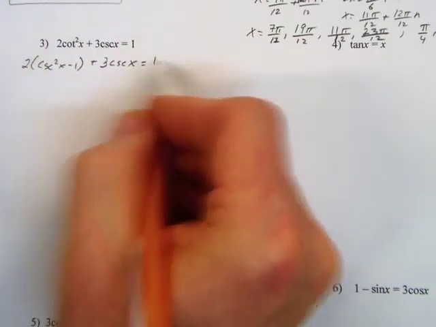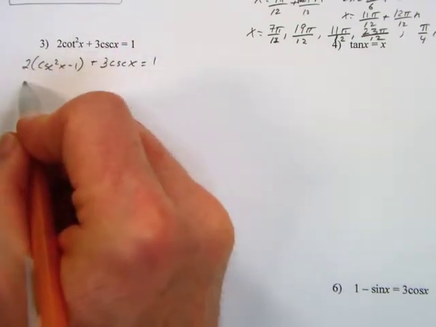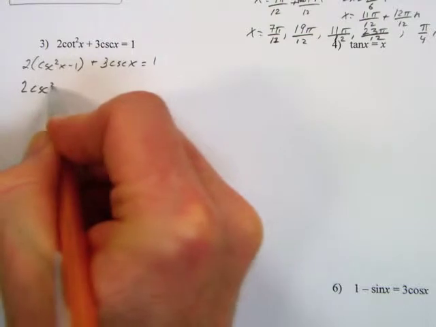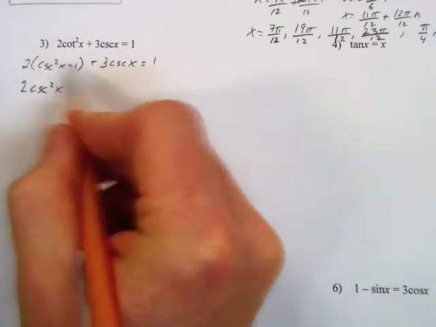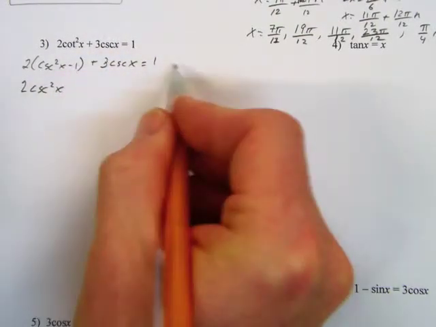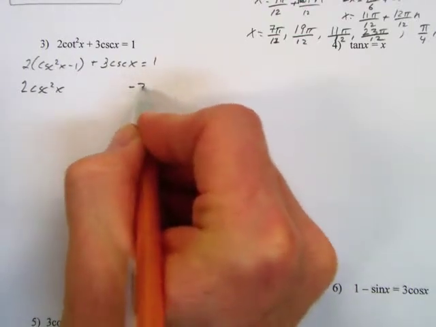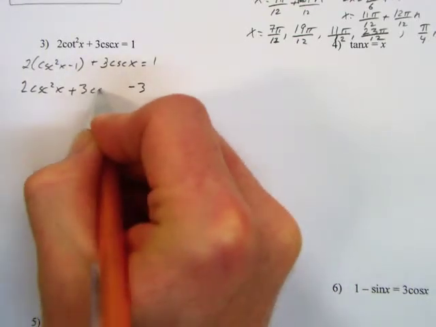Multiply everything out, combine like terms, move everything to one side, so we have 2 cosecant squared x, and then this will give us minus 2 and minus 1, so that'll be a minus 3,